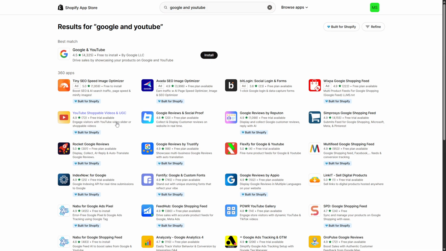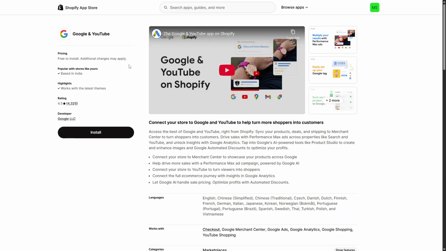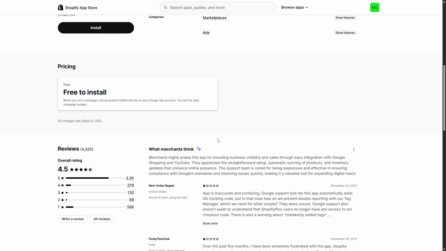Start by installing the Google Channel app inside your Shopify admin. Head to Apps, search for the Google and YouTube channel, and install it to connect your store. The app creates a bridge between Shopify and Google, simplifying product feeds and ad creation. Take a moment to confirm your store details and accept any permissions the app requests so it can access product